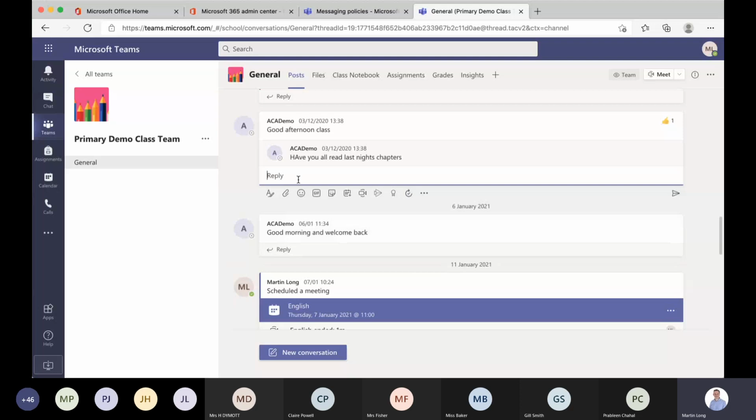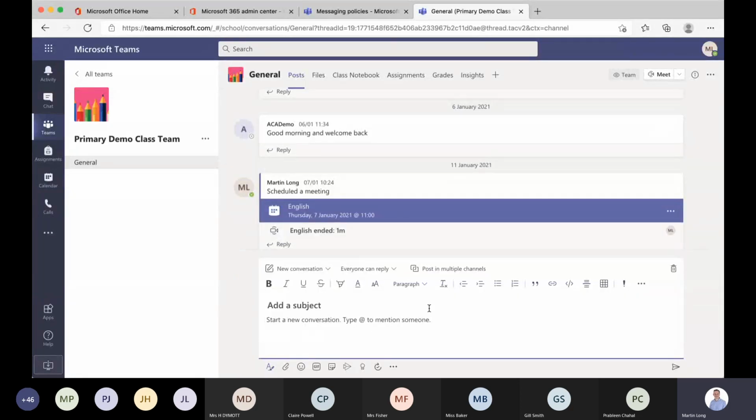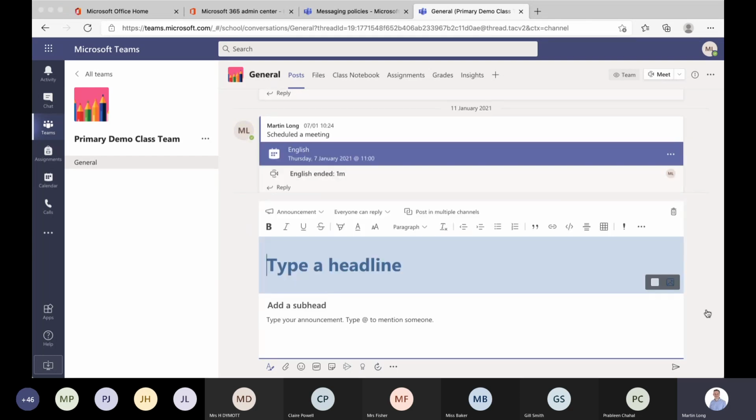So when you click the reply button, you'll start to get a dialogue going backwards and forwards between you and them, and they've got the same options that you had. If you want to start a new conversation, they're down here at the bottom. Hit the edit tool, and then you can make the sorts of posts I've got above. There are a few additional options here in posts compared to the chat. So you can have a conversation, or you can make an announcement. If you decide to go to announcement,